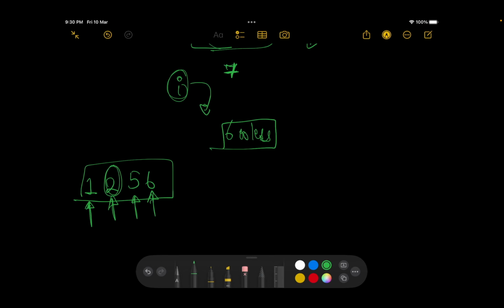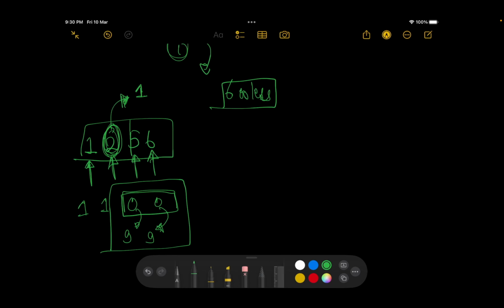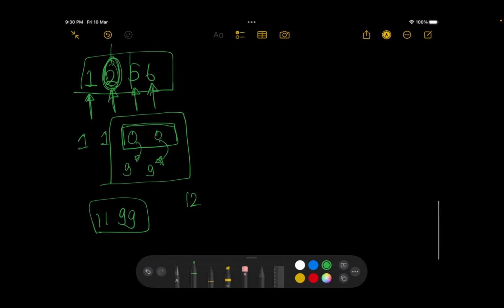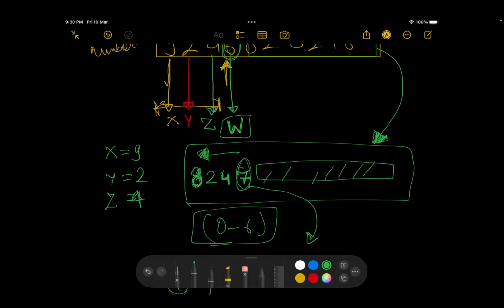So if you change a number to a somewhat lesser value, say you make the 2 a 1, so it becomes 11, now for these two remaining elements you can keep any value. Any values from 0 to 9 are possible over here, right? Understandable? Because even if I make the maximum number, that is 1199, even that would be less than 1256. So the overall motivation is that if you change a number to a lesser number, then to its right you can set any number that you like.